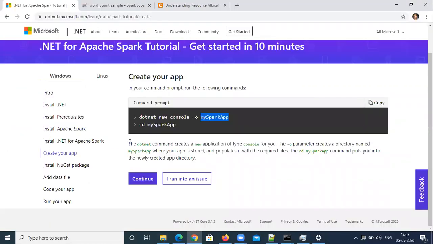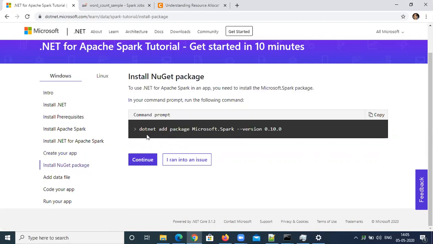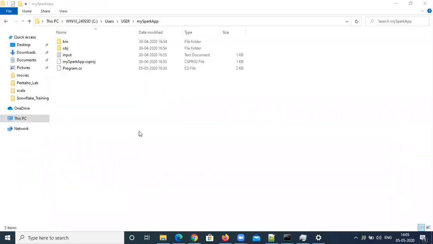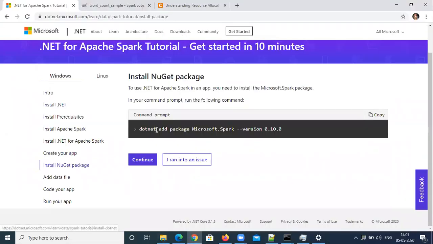And then in the next step, I've just navigated to that particular directory, and it will also ask you in the same place. Okay, it's not in the other window. Once you navigate to your project structure in the command line, execute this in order to have this particular package. That is the thing you need to do. Otherwise, it will throw an error. So this must be added.